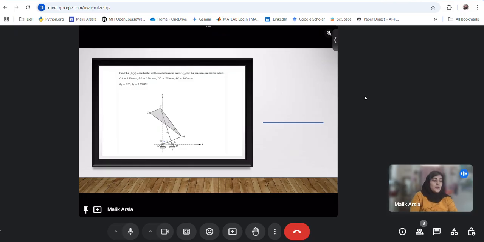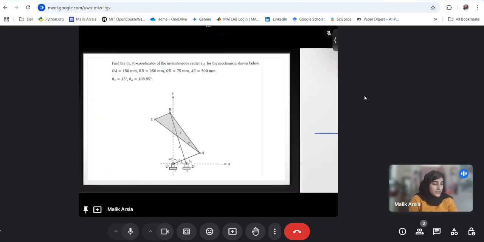So some of the link lengths have been provided. Theta 2 has been provided to us, and even theta 4 has been provided to us. What we have been asked is to figure out the xy coordinates of the instantaneous center